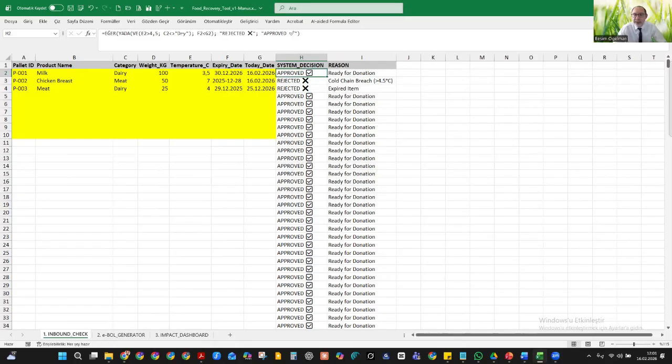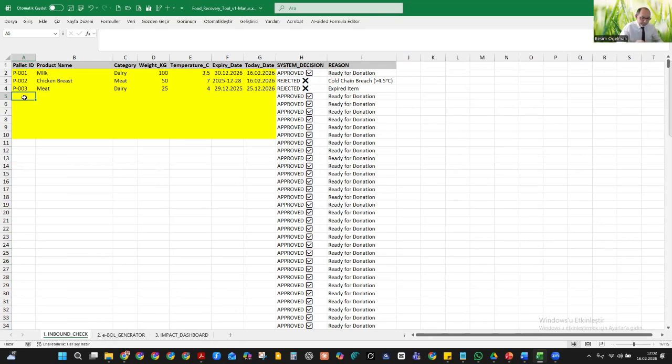This sheet tells us that through a digital audit mechanism, we minimize human error and guarantee that only healthy and safe food is incorporated into the system. This discipline is the most fundamental element protecting the reputation of social initiatives and public health. But don't think you are the only one person. Think 10, 20, or 30 people in a firm, and everybody can write information in this sheet.